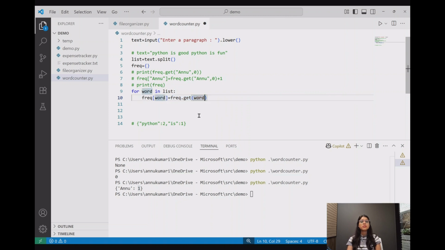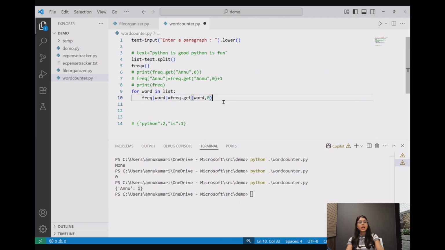And now instead of None we want to replace it with 0, so that's why I'm going to use comma 0. By default it will return None, but instead of None I want to explicitly give it as 0, because the dictionary is empty and I want to work with integers because I want to get the count. So right now the dictionary is empty, it will return 0 for the first iteration, which is Python, and I